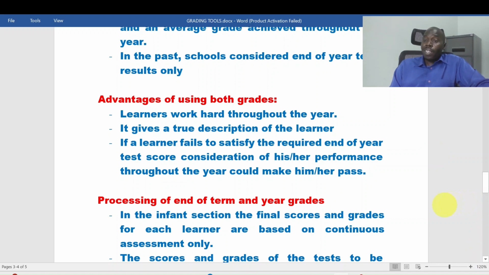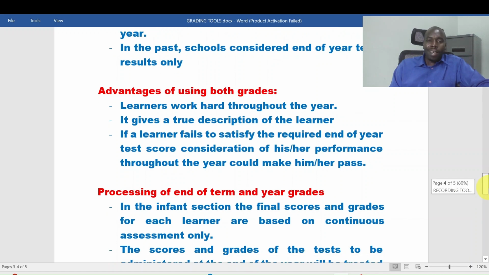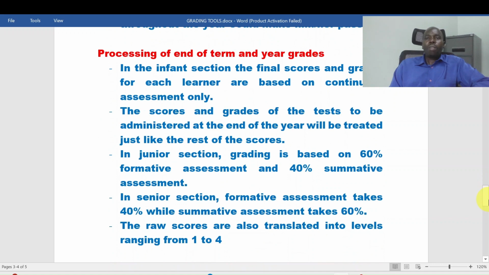So how do we process grades? There are three ways of processing grades, depending on the level in which that learner is. So what it means is you have three phases, sections. In the infant section, all the learner's performance is taken as continuous. Mid-term test, weekend test, end of term test, the scores are put together, added, and you get an average. So you just record as continuous assessment. In the junior phase, standard